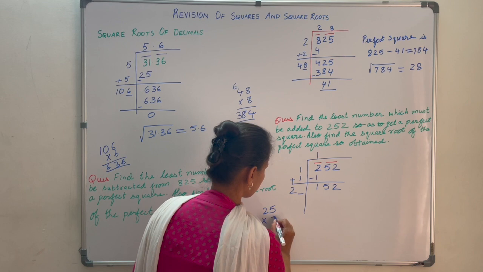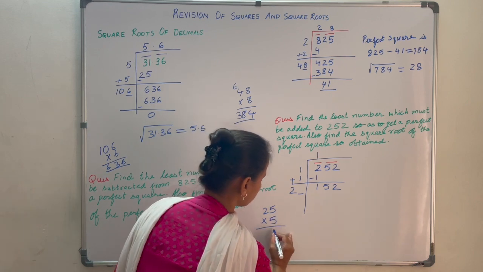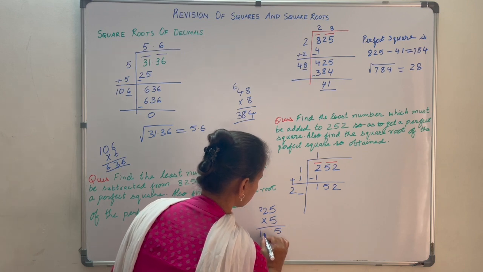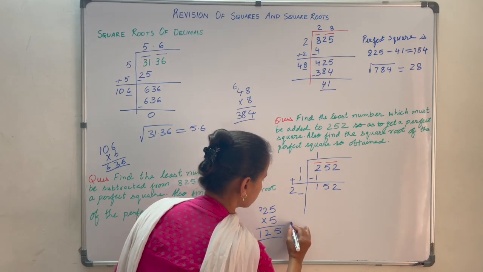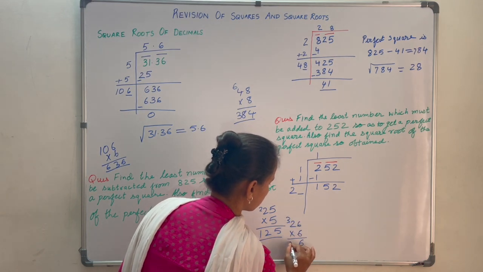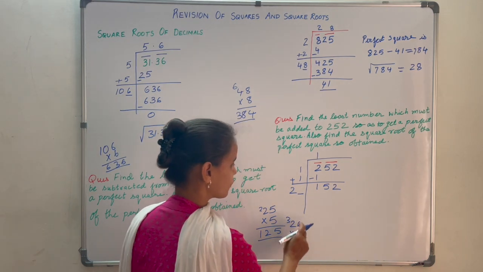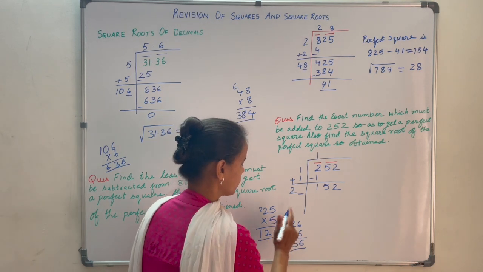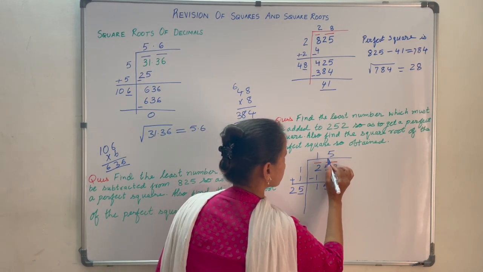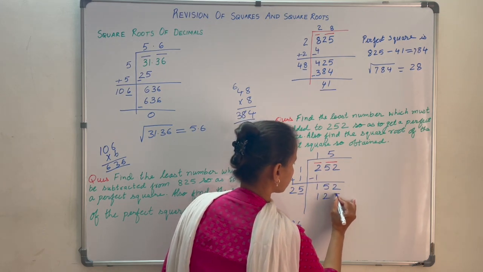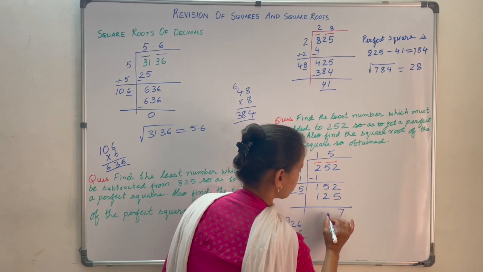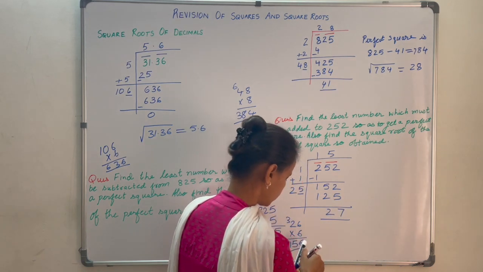So 25 into 5. What do you get here? 5 into 5 is 25. 5 ones are 5, 2 fives are 10, 125. Let us see for 6. 6 into 6 is 36 and 156. So 156 is more than 152. So it will go by 5. So 25 into 5 is 125. Let us now subtract. 12 minus 5 is 7. 4 minus 2 is 2. So you get the remainder as